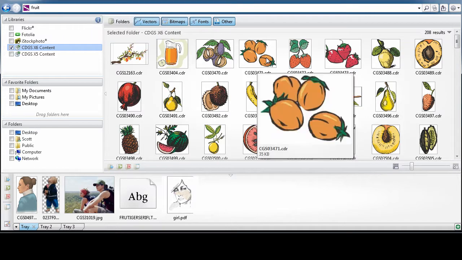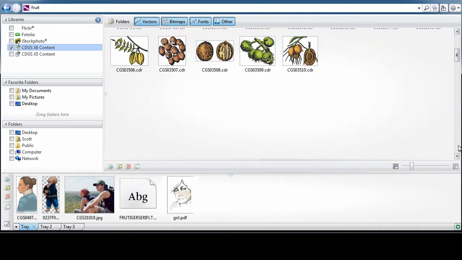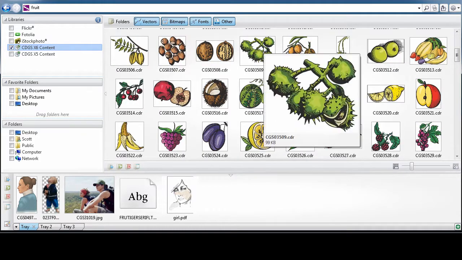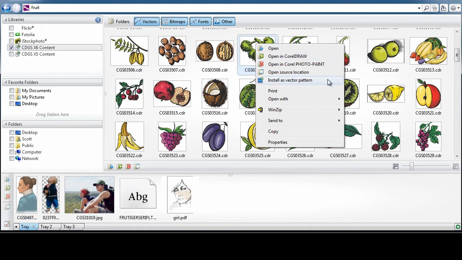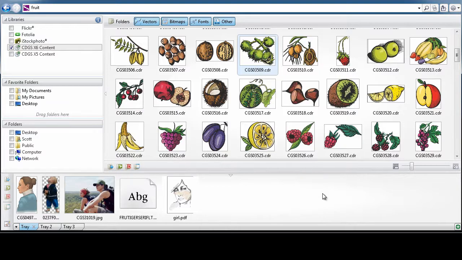Well, over here on the right hand side we've got both vector images and bitmap images as we scroll down. Now, as we look at these images, if there was a particular vector image that you thought would be a great pattern fill image, watch this. I can right click and I can choose install as a vector pattern. If you recall, in CorelDRAW we can go to fill and we can choose pattern fill, and then inside of that we have some options. One of those is a vector pattern option. Well, if I choose this and click install, that piece of fruit, that vector image, is now available as a